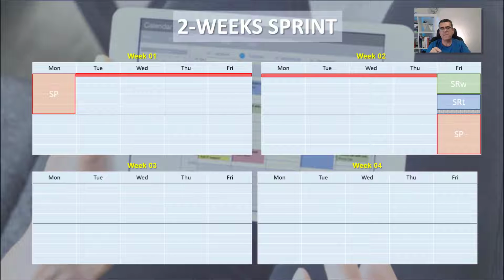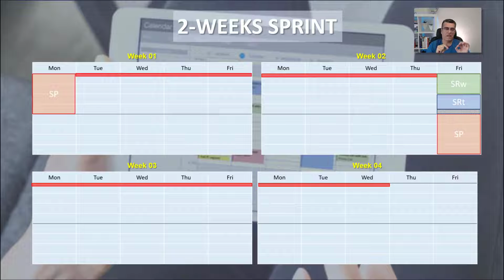And your sprint planning for the second sprint is on Friday afternoon, and you're going to again set the daily Scrum until Wednesday, because it's a 2 weeks sprint and you started on Friday, so we're going to finish the next sprint on Thursday. And on Thursday, again, you do the sprint review, you do the sprint retrospective, and again, you wait half an hour until noon to start your following sprint in the afternoon.